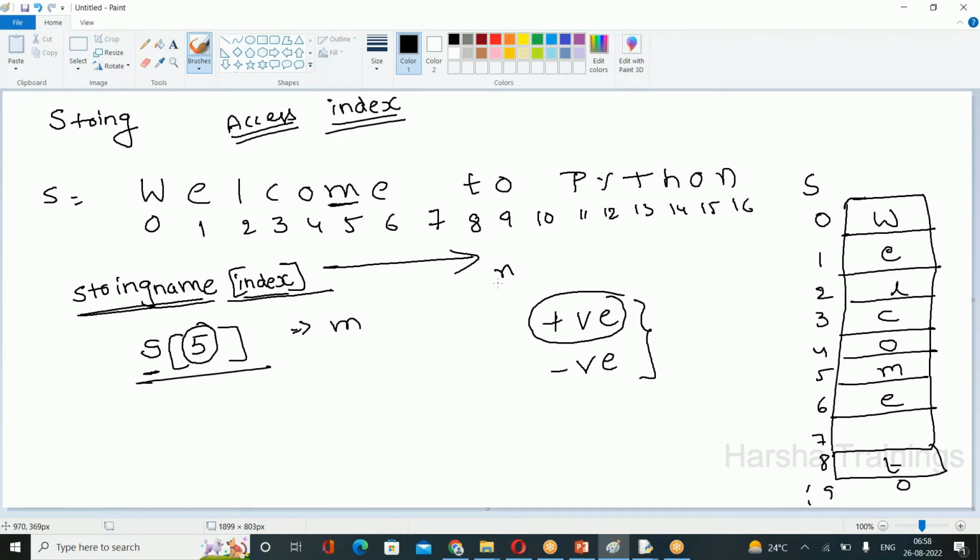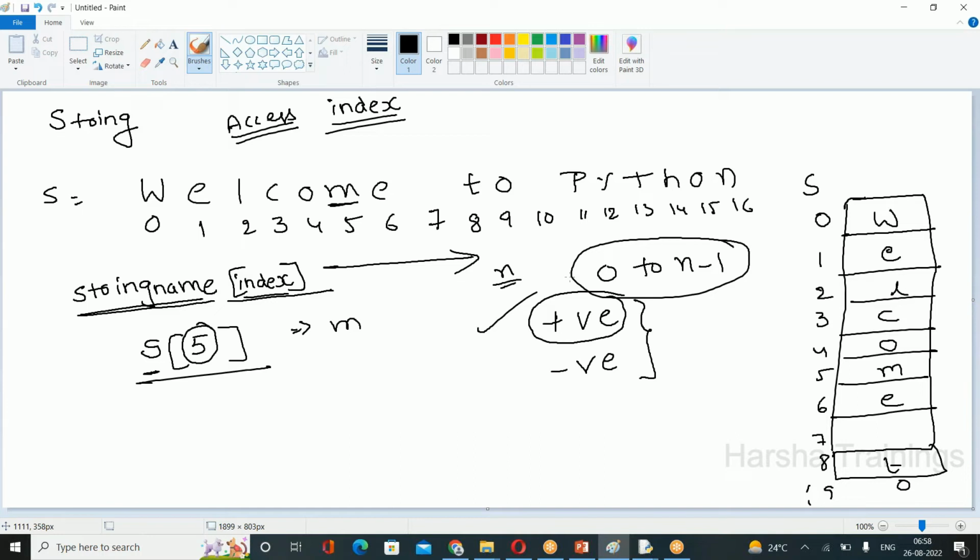Assume we have a total of n characters. In the positive direction, we move from left to right, from starting index 0 to ending index n minus 1. So we have a total of 17 characters, 0 to 16. That is very clear. But coming to the concept of negative index,